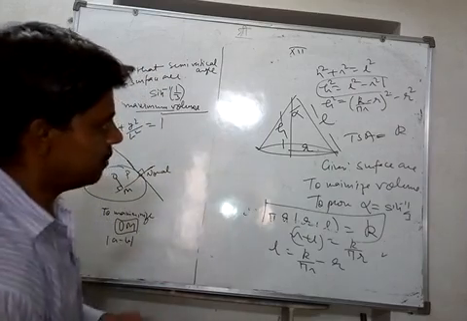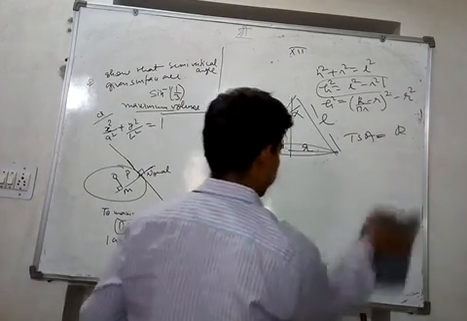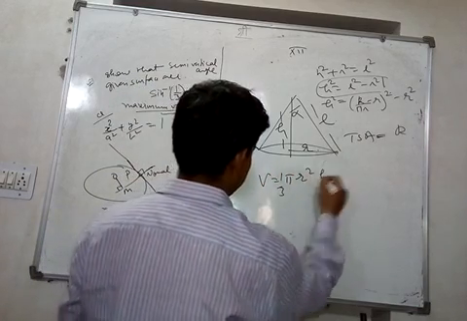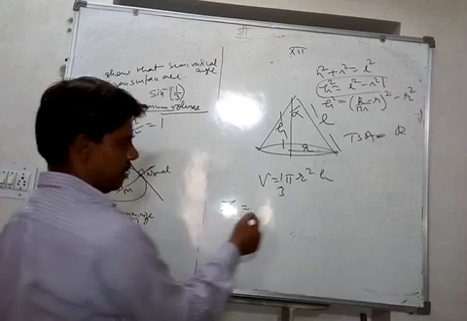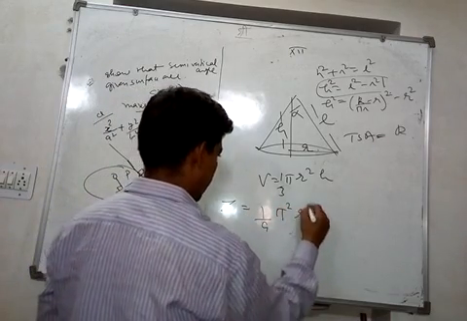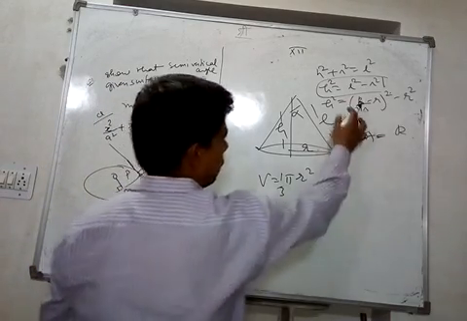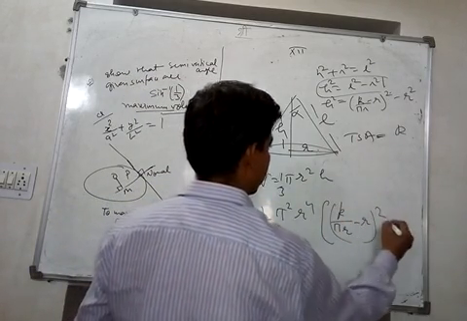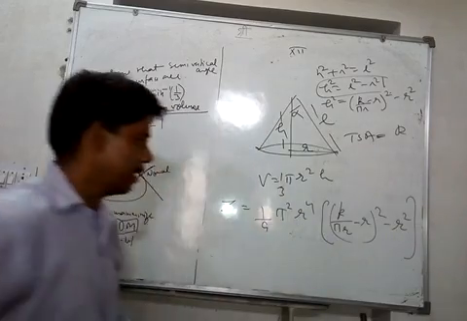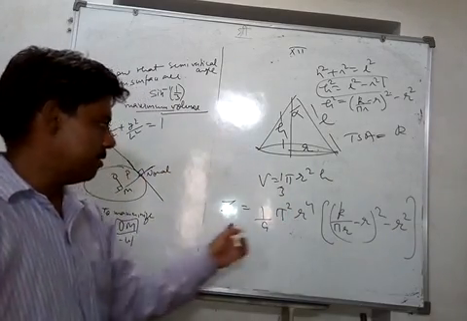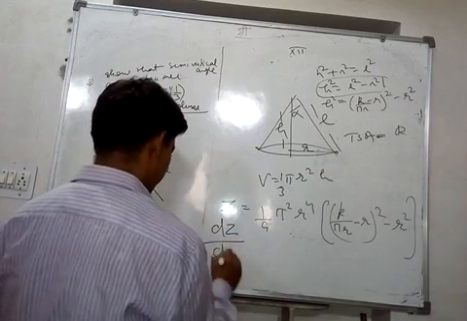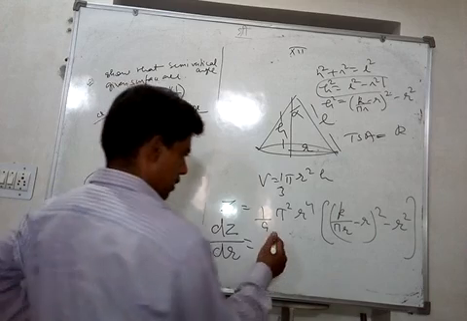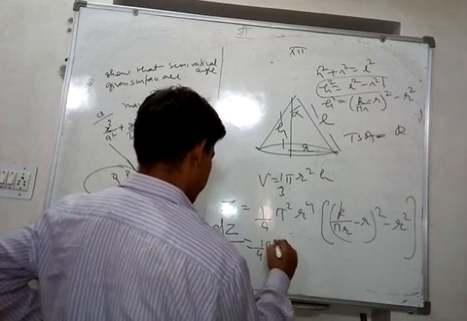Now we can substitute this value in the volume formula. What is the formula for volume? Volume is equal to 1 upon 3 pi r square h. We will square it, so we will create a new quantity z: 1 upon 9 pi square r to the power 4 h square. And for h square I am filling in this value, k upon pi r minus r, whole square, minus r square, right? Now k is a constant here, r is a variable, so now we can differentiate dz upon dr and calculate everything from here. Okay, so let's keep 1 upon 9 pi square as constant.